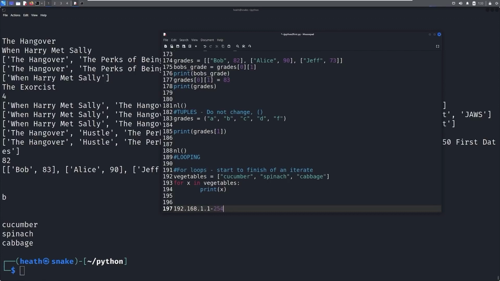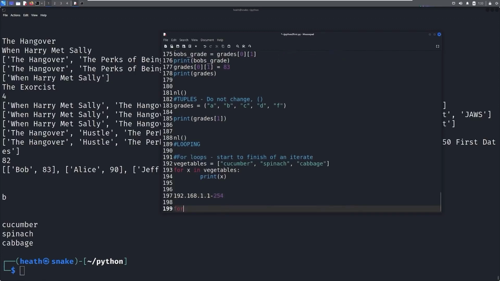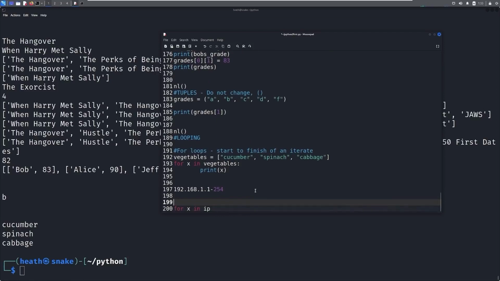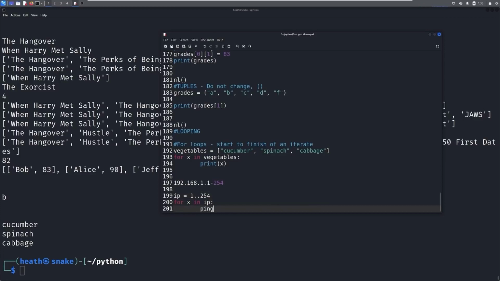Okay, if you wanted to ping all of those, you might want to do something like a for x in IP, where IP is just equal to a sequence, like a sequence of 1 to 254. And don't worry about this, I'm just logically writing this out. So if you say IPs 1 to 254, for x in IP, and then you want to do something, you might want to ping